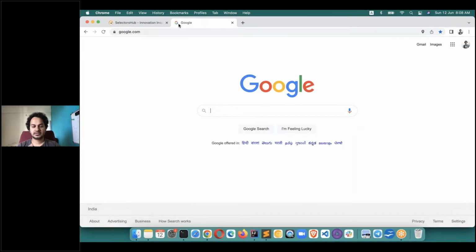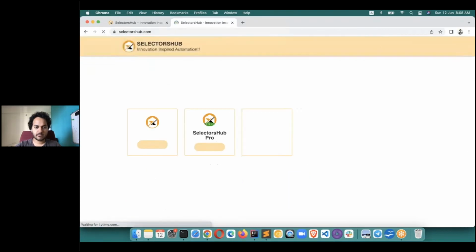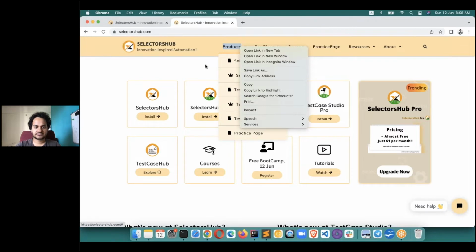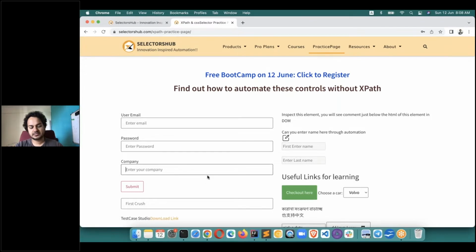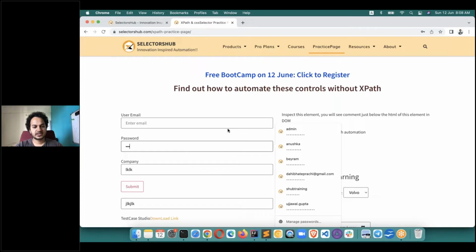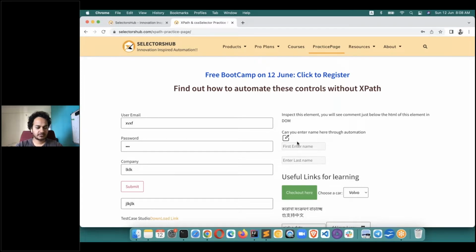Like we are on google.com, and if we want to do the testing of Google search, for example. If we search for something here, let's say we are searching selectors hub, and then we go to some pages and other stuff. From here we go to this page, then we right click, then we click on, let's say, practice page, click here, and then enter some value here. Then you have entered something here, then something here, and we did a right click here and then try to click here, but we are not able to enter the value here. So in this case, we want to reproduce this issue or file a bug here,